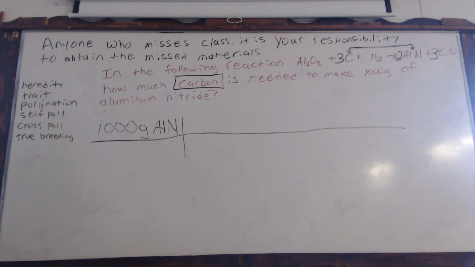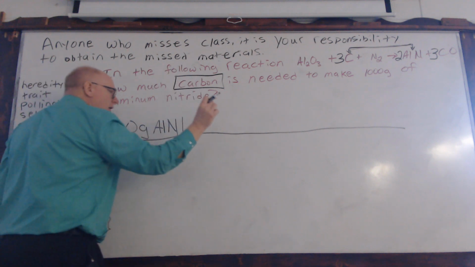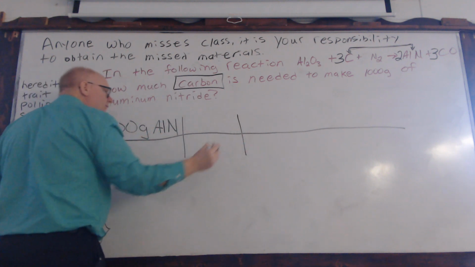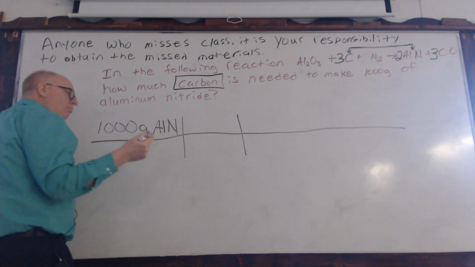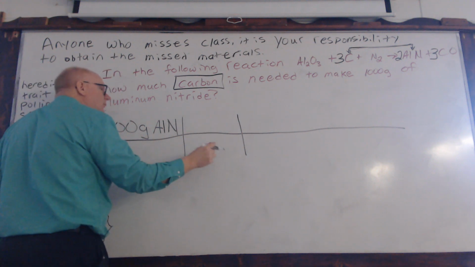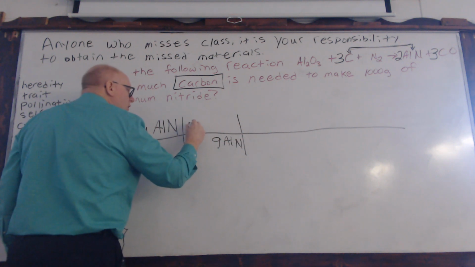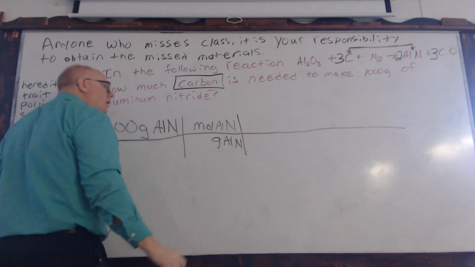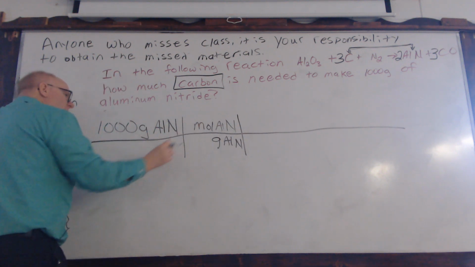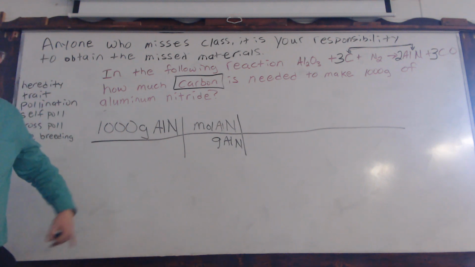Okay, so how do we get rid of this gram in this next step? Because you said you're going to change it to moles. You're right when you say that. But does that go on the top or the bottom? Okay, so grams of aluminum nitride will give you a mole of aluminum nitride. Okay, so we just don't pull a number out of the air to put there. You already said it.